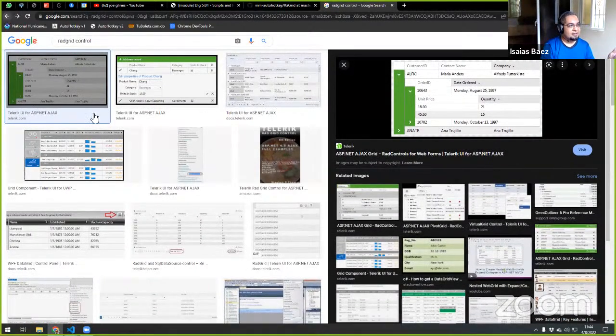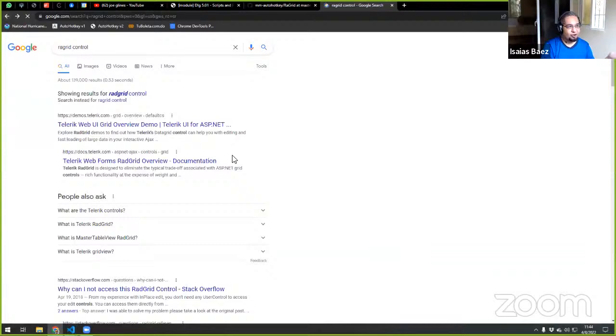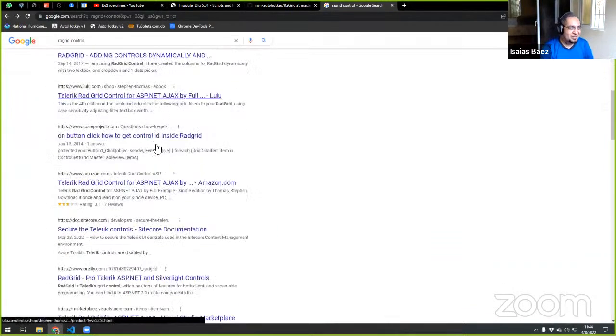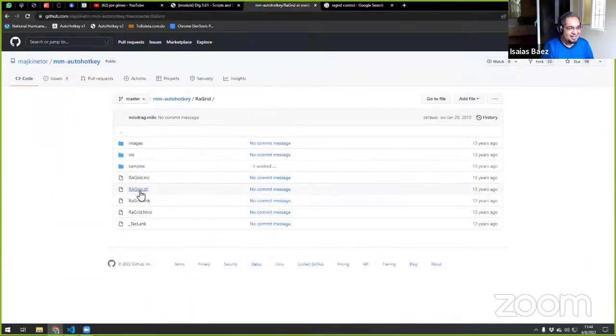And we cannot access it with the AutoHotkey syntax. So that's the reason why he went ahead and created the DLL, so you don't need to download it. It's just right there. And this is the wrapper for that DLL. So give it a try and you will find that there's a few interesting things that you can do with it. Cool.